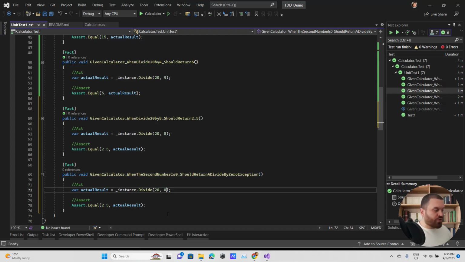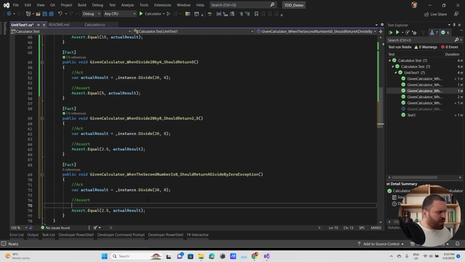First of all, I'm going to check the second number is 0, the first number doesn't matter. But how to assert it?